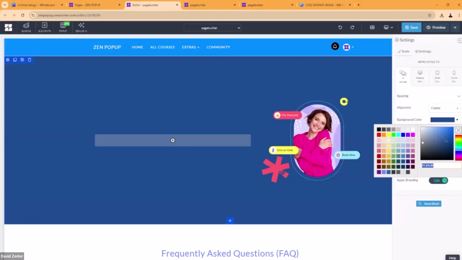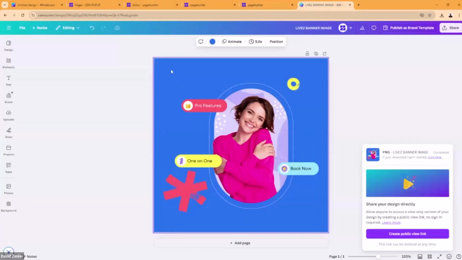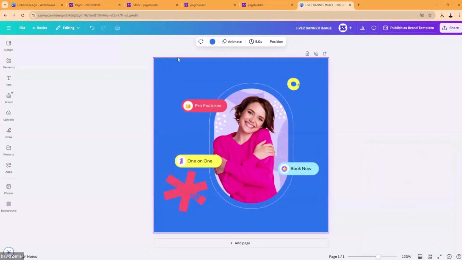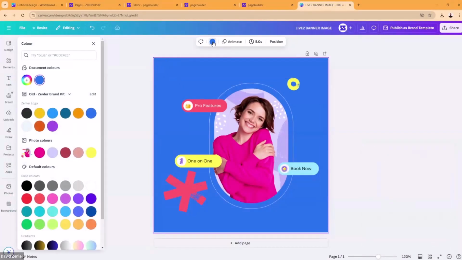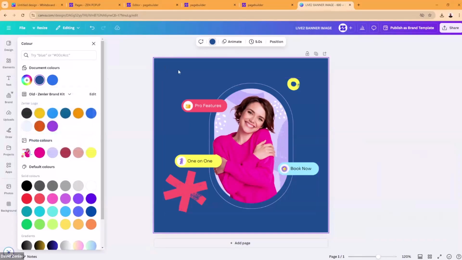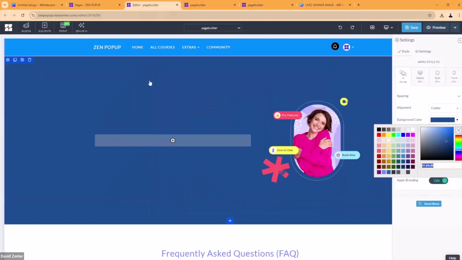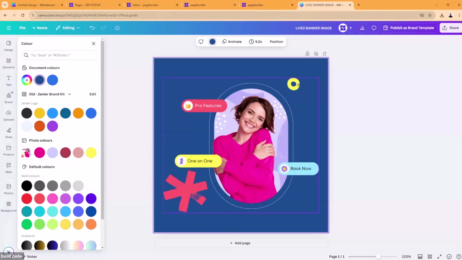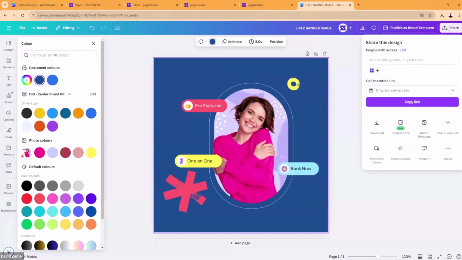I'm copying it now. Now I'm going to go to our Canva template, click the base, click that little background color, and in the settings here I'm going to paste in that color. Now I've made this exactly the same color as this, because I used the hexadecimal. So now, as a free user, you can use this.